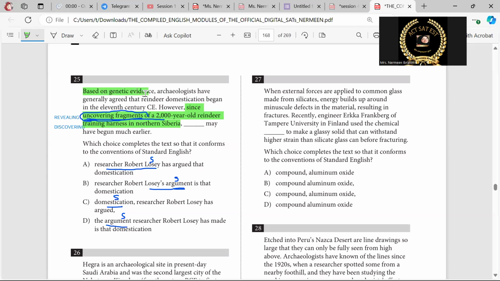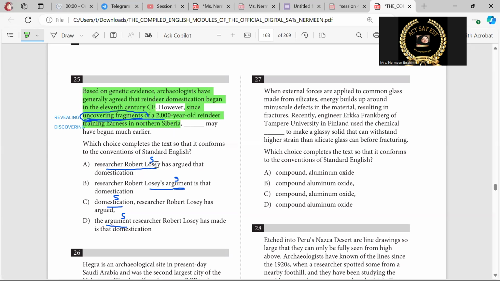Based on genetic evidence, archaeologists have generally agreed that reindeer domestication began in the 11th century CE. So who had agreed? The archaeologists. Yes, that domestication began, right? Yes. Okay, good. So here, since uncovering fragments of whatever, okay,